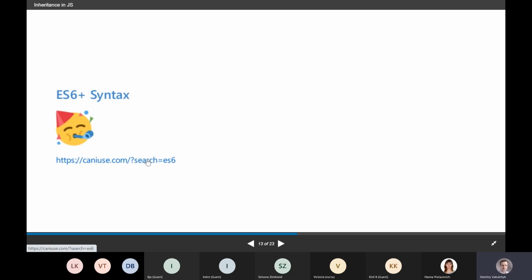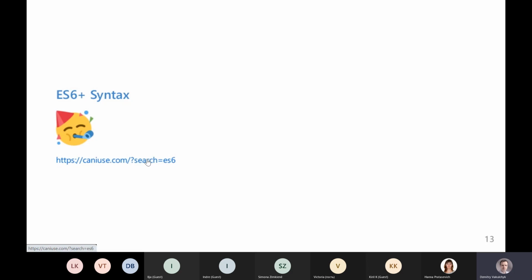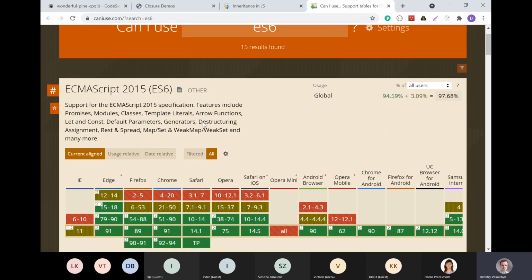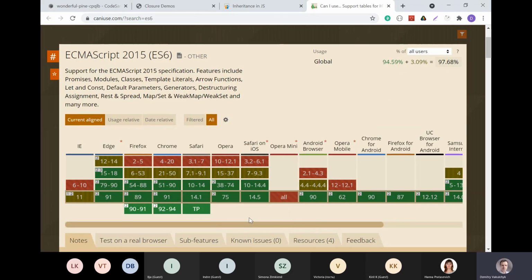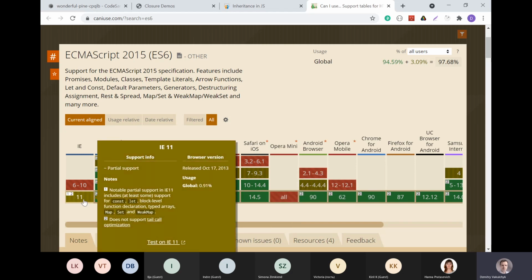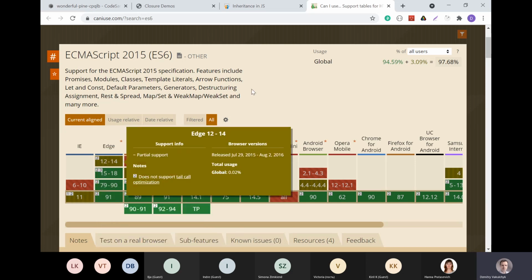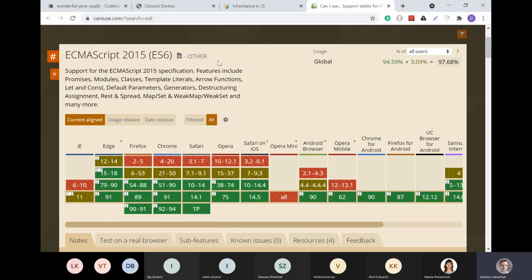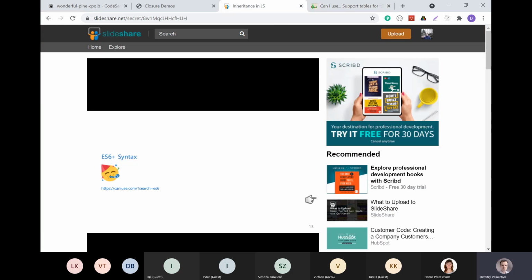And for example, you can see which browsers already support it. Everything looks good for the majority of browsers, except probably IE 11, which doesn't support almost anything from ES6. So that's why, if you want to write anything in ES6 syntax, you have